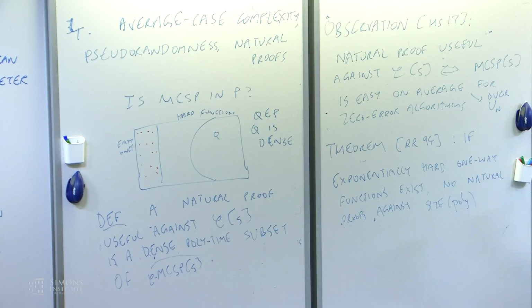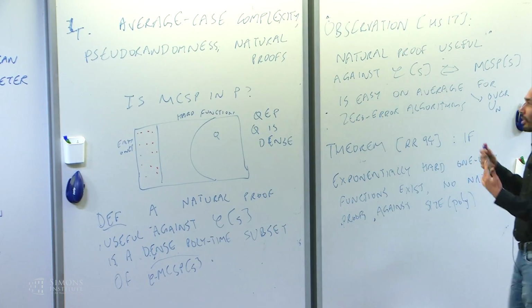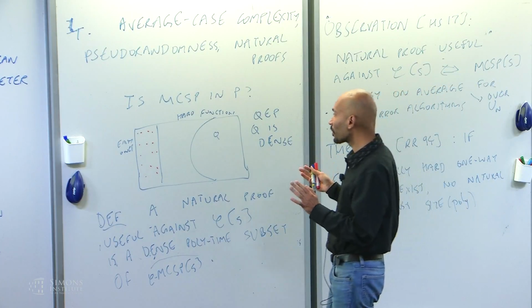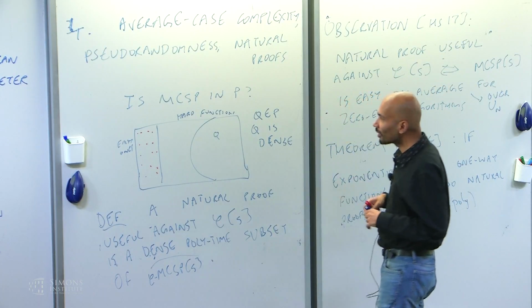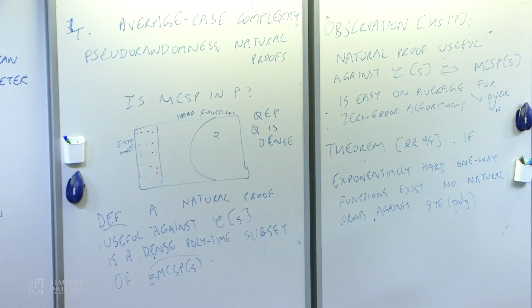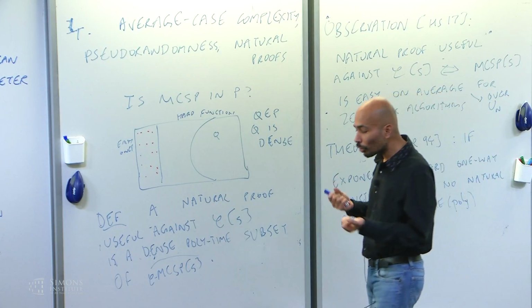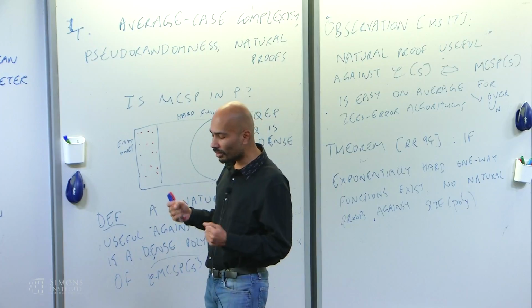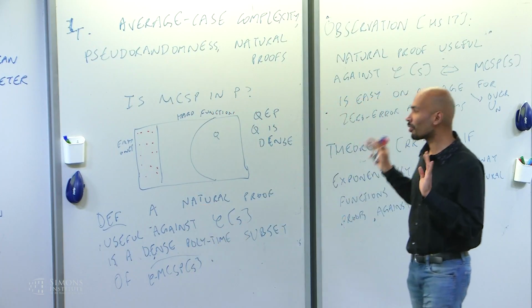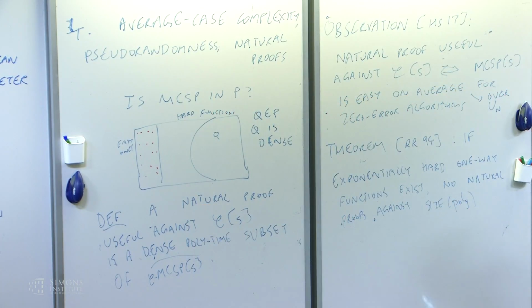So when you look at average case complexity, you get this kind of monotonicity in terms of the complexity of CMCSP, which is good. And you also get a natural relationship between CMCSP for a parameter S and for a parameter S prime, where S and S prime are different. Eric mentioned this yesterday, that we don't really know in general how these relate to each other. But for the average case notion, it's trivial to see that if you can solve CMCSP of S prime, for S prime bigger than S, then you can also solve CMCSP of S on average, right?